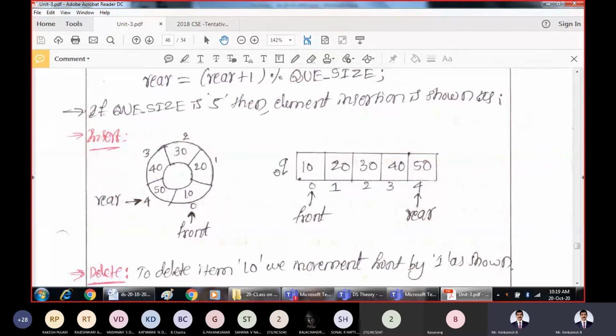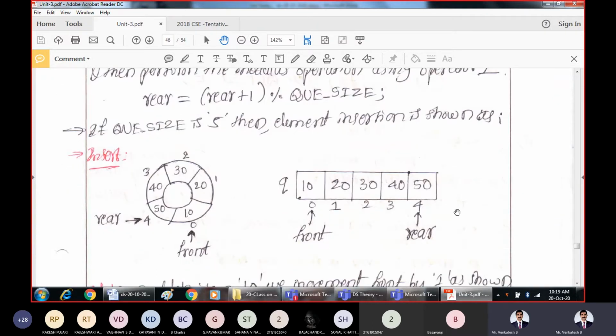The rear end is attached with the front end. When the rear end is attached with the front end, there is no start and there is no end. So everything becomes start and everything becomes end. These pointers will get attached. That means immediately after front, the rear will be present. Now, in this scenario, if it is normal